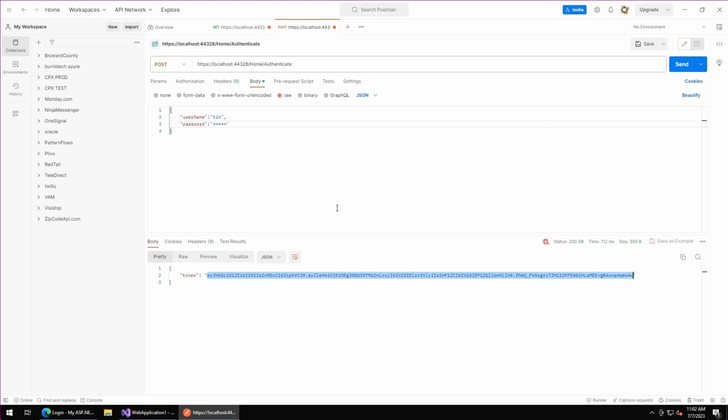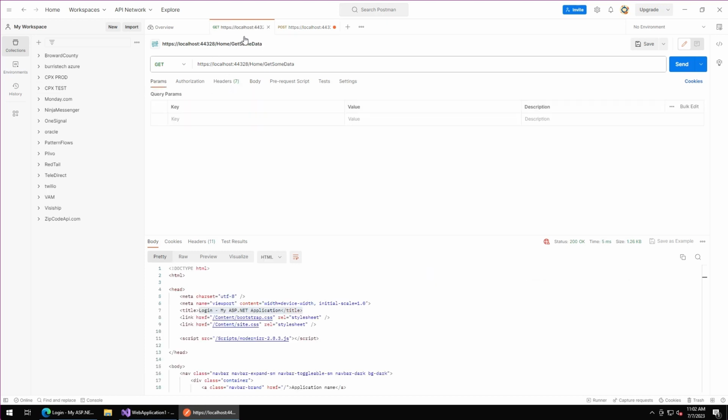Now what we want to do is we'll take this token. We will go over to our get method, and in our header, because this is the way JWT authentication works, or at least JWT bearer authentication, we need to add a header called authorization, and the way bearer tokens work is you always prefix it with bearer space and then the token. So I'm pasting in that token that we just did there, and now we'll run it and see if we